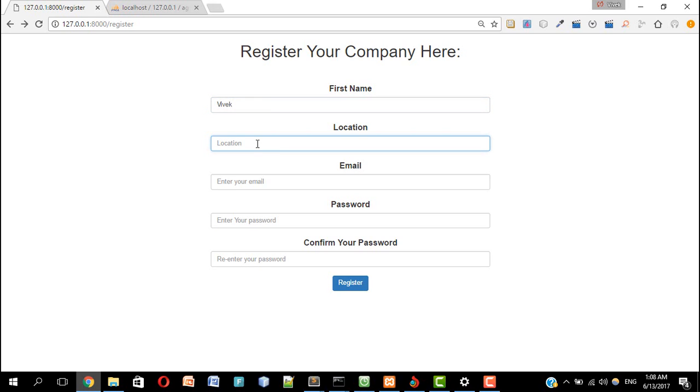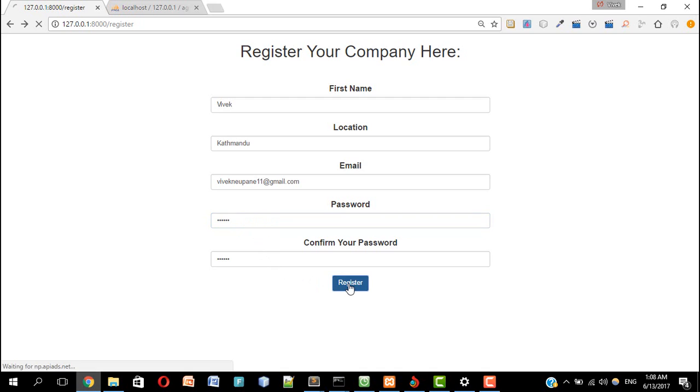So my location will be Kathmandu, and my email will be something. So my password will be something like this. I'm going to change my password. I think I typed it incorrectly, so